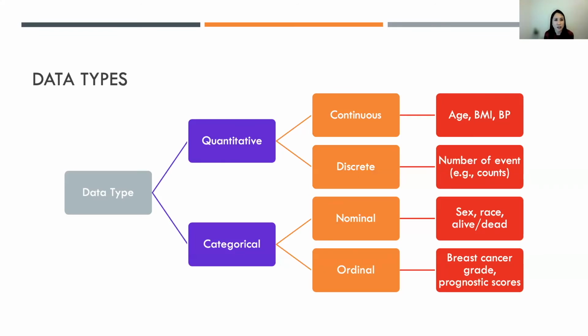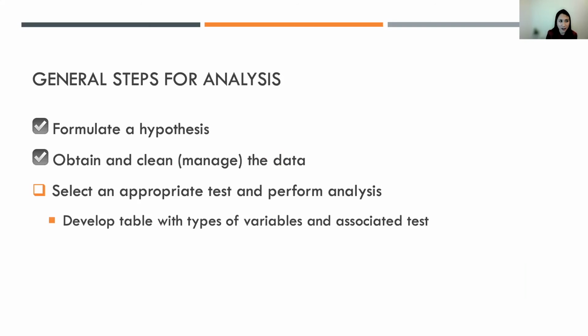They can either be continuous or discrete. Examples of continuous variables, like height, can in theory take any value within a given range. Conversely, examples of discrete data are things like number of children, or number of asthma attacks that you have in a week. Those are count data, so very discrete. The second data type is categorical, so nominal versus ordinal. Not going to belabor the point here because I think we all know the definitions of this. The reason I included that slide is really to set us up for